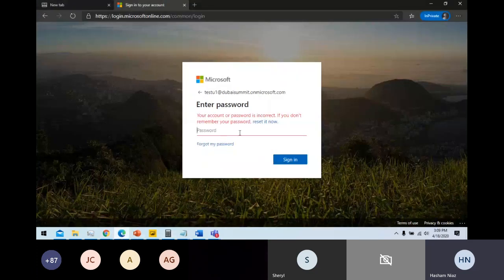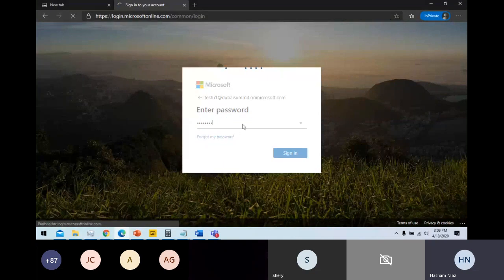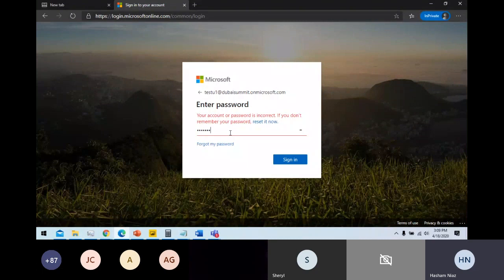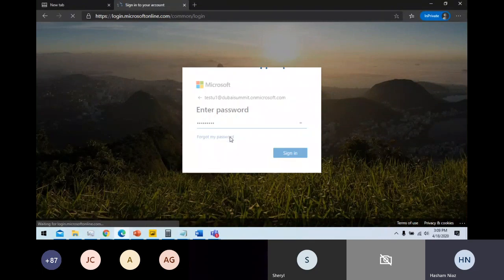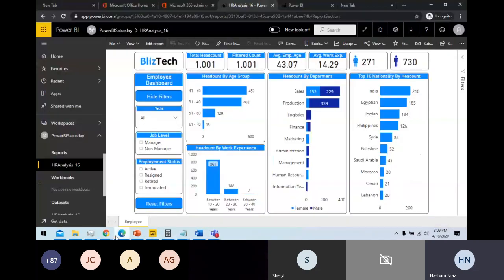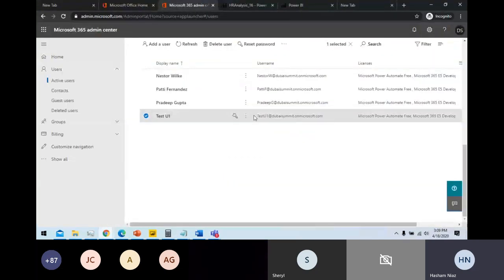What I do, I need to log in with this particular user. So now I'm going to log in with this particular user. Oh, sorry, I put the wrong password. So now I'm logging in with this. Okay, let's go back here.